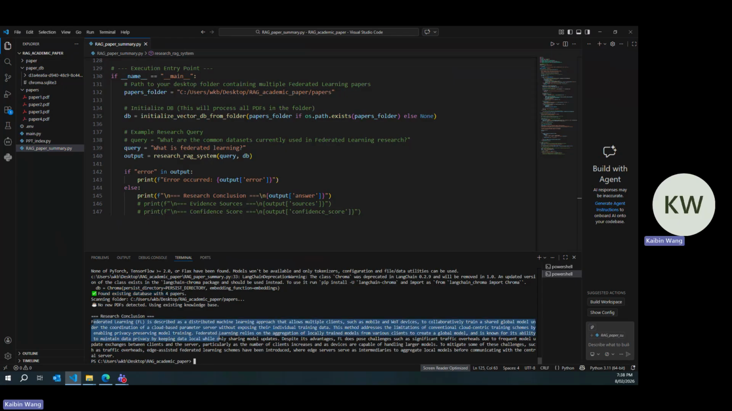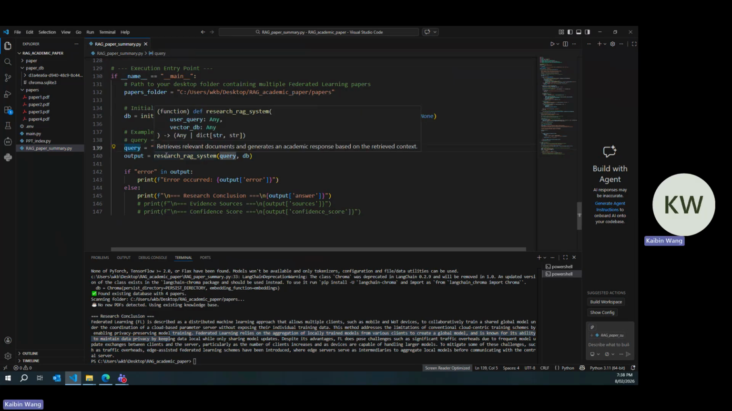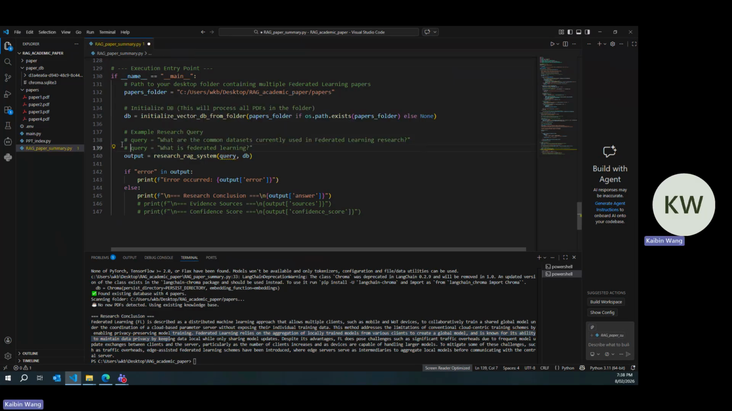The answer is that federated learning is a distributed machine learning approach that allows multiple clients to collaborate while protecting privacy. Here is a perfect answer. Now if we change to a new query about what are the common datasets currently used in federated learning, and I save the file and click run,